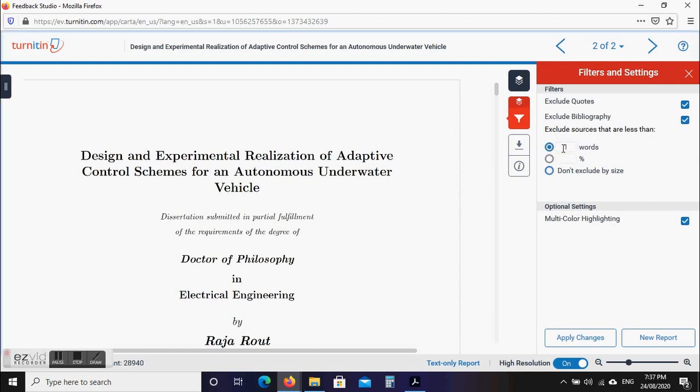Then you can set 200 here. The system will remove all sources that contain 200 or fewer words matching your submitted article or thesis. This is the purpose of this particular filter.